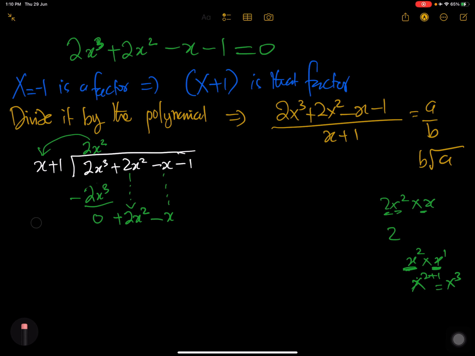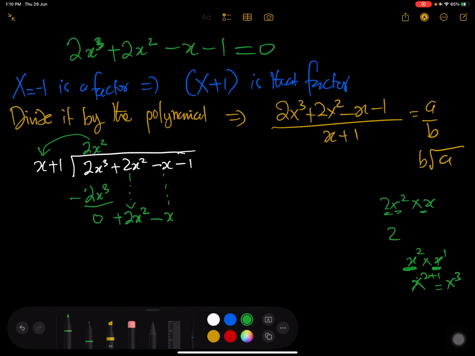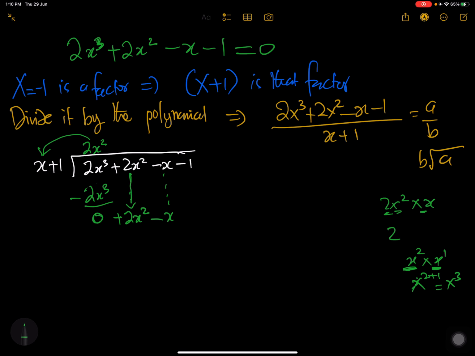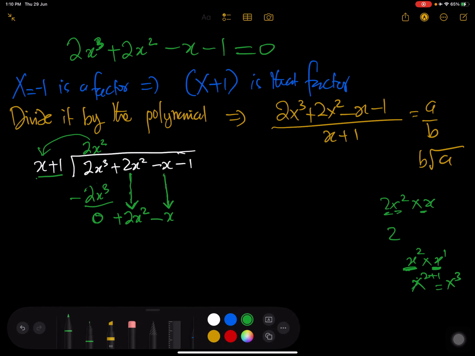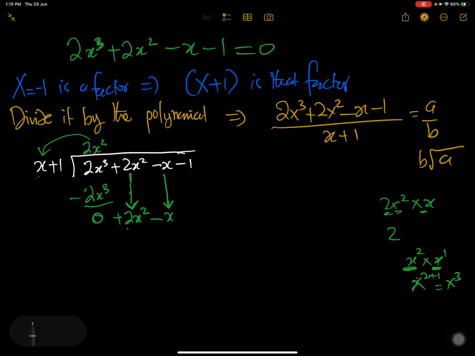So now we're done with 0 here. We drop these 2 down here, because we are working with 2 things. So now we pick this x again and ask ourselves, what do we multiply by the x to get this plus 2x squared? That's going to give us 2x. So 2x times the x gives us what? This whole thing multiplied by just the x will give us